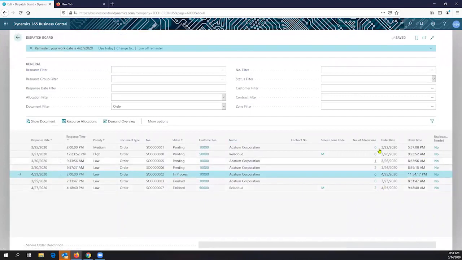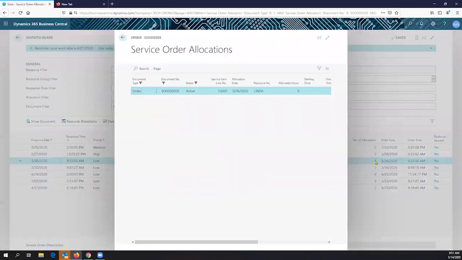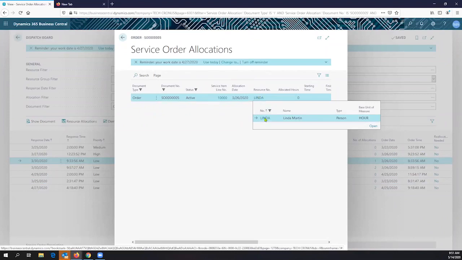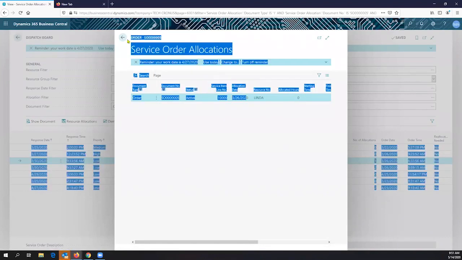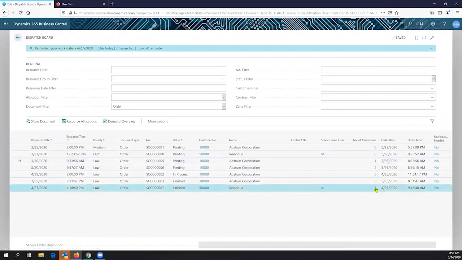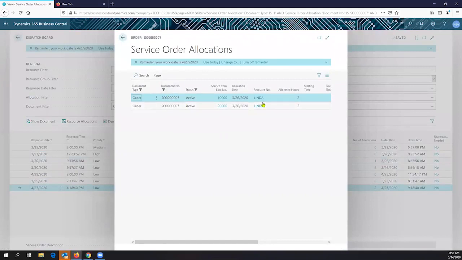Let me think of process finish. Oh, I don't want to create another from scratch. Okay. Let me think of Linda, allocated hours. All of these orders are very, very old. Okay, let's review